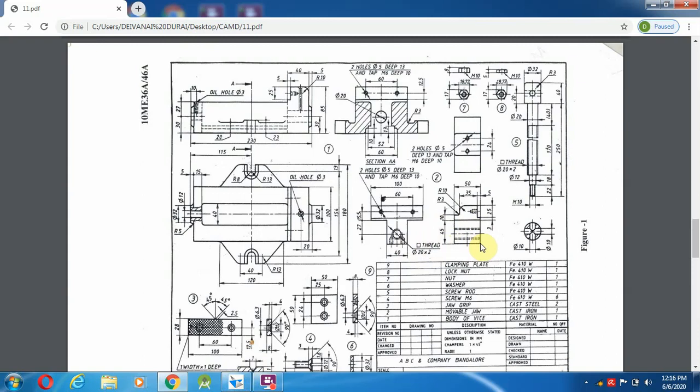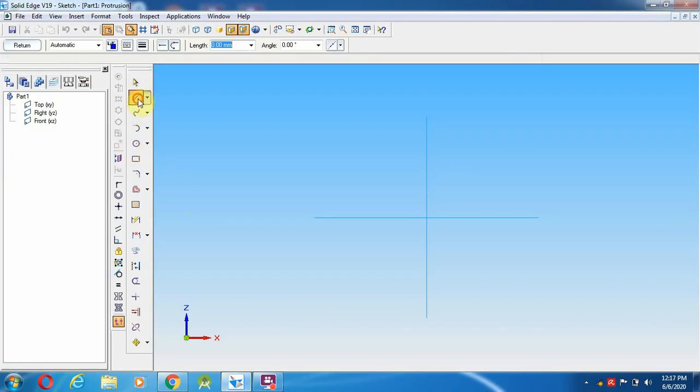From here to this, what is the length? 50 mm. From here to the top, 45 mm, 45 mm plus 3 mm. Why are we taking those 3 mm? Because up to 45 mm the cutout, this side portion has to be removed over here. So we are going to take 45 plus 3 plus 25 mm. Okay, so go on, select a line.